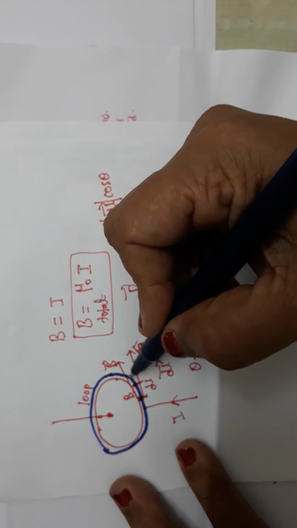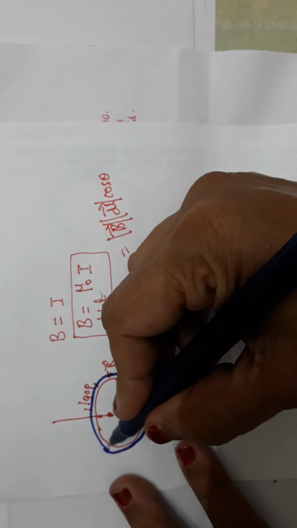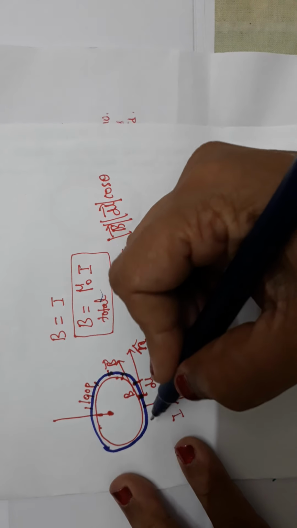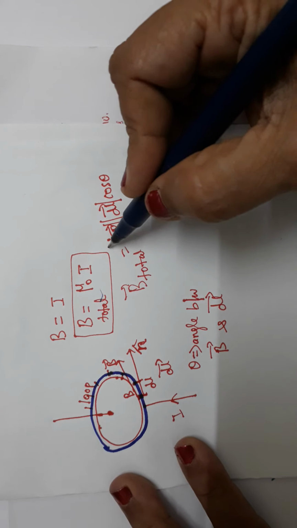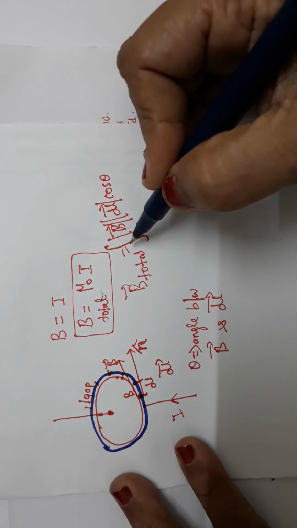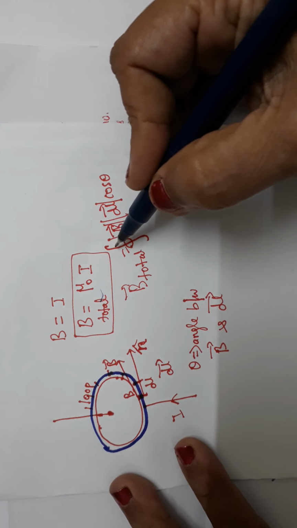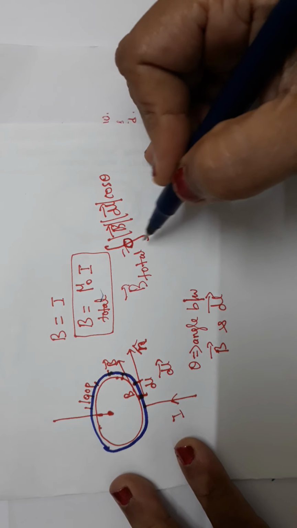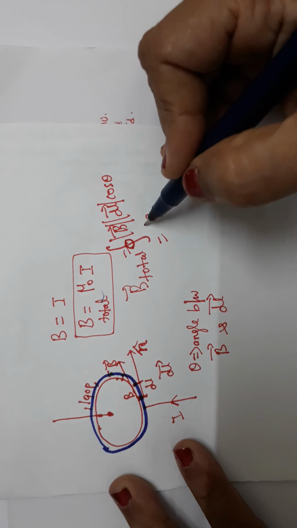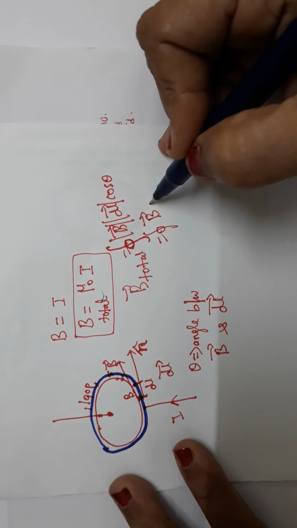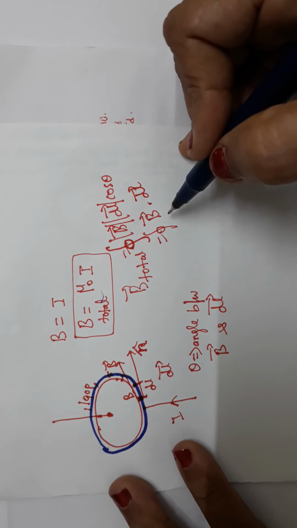You have to sum up all the small lengths dl. If you sum up, you will get the total magnetic field. You have to sum up all the B values in the dl. So to sum up, I am going to put an integral symbol showing that the summing up is carried over this closed loop, right? You can see that it is of the form AB cos theta. You can write it as a dot product, closed integral B vector dot dl vector, right? So this is the expression for the total magnetic field.